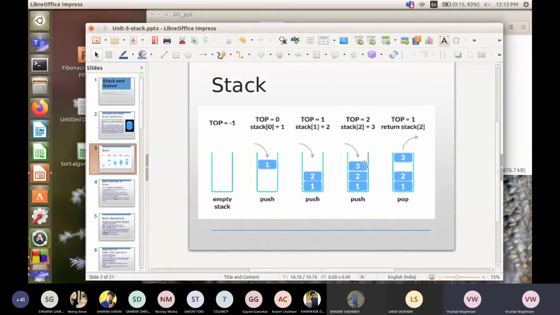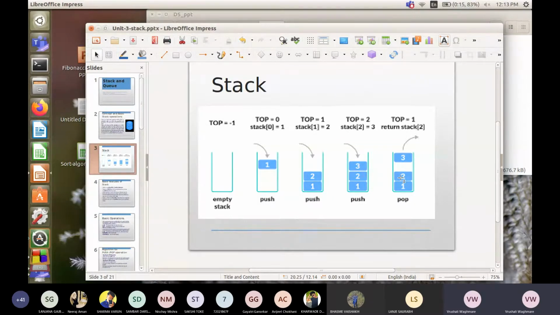While taking data, that is the pop operation, in the pop operation we first take the last element. Sorry, whatever element was last in, that will be taken out first. So first we take element number 3. When we take element number 3, we have to go to element number 2. For that we have to decrement the top. So the operation is pop the element, decrement the top, pop the element, decrement the top. Or pop the element, decrement the stack pointer. When we decrement, the stack pointer points to the next element of the stack.